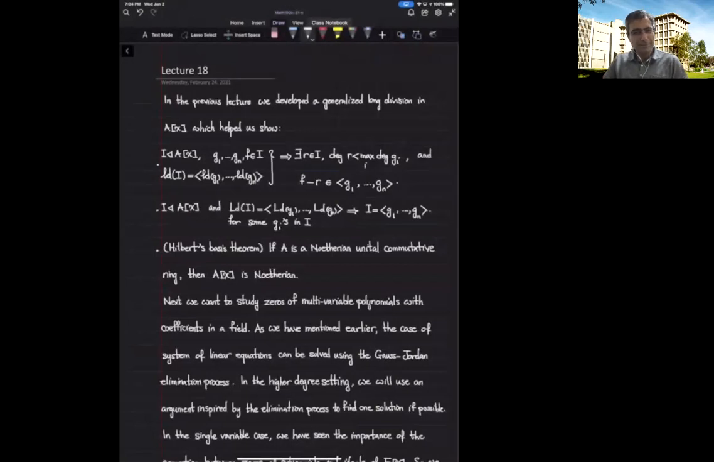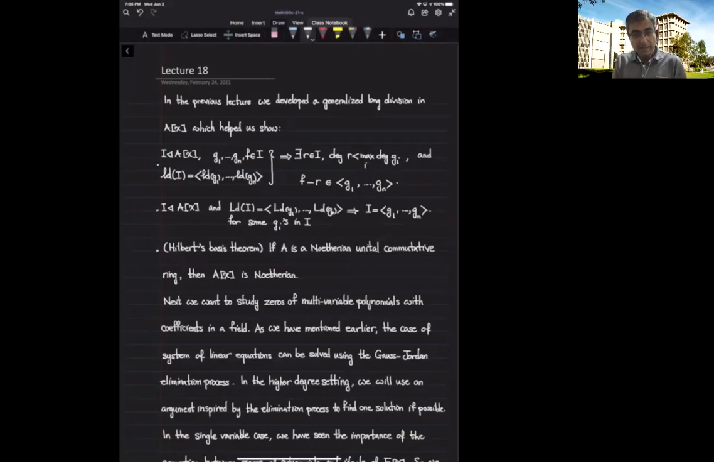Hello. In the previous lecture, we developed a generalized long division in A[X] for an arbitrary ring A, generalizing the long division that we proved earlier, where we showed that we can do the long division as long as the leading coefficient of the polynomial that we are dividing by is a unit. We generalized it for many polynomials g1 through gn, and we said that if the leading coefficients of the gi's generate the entire